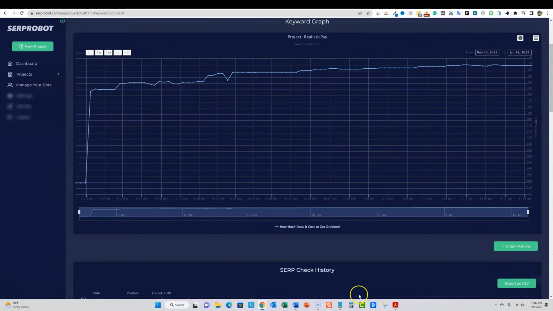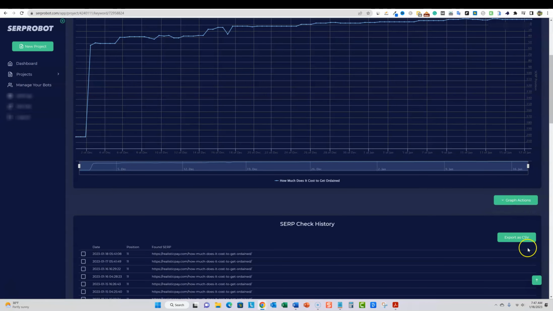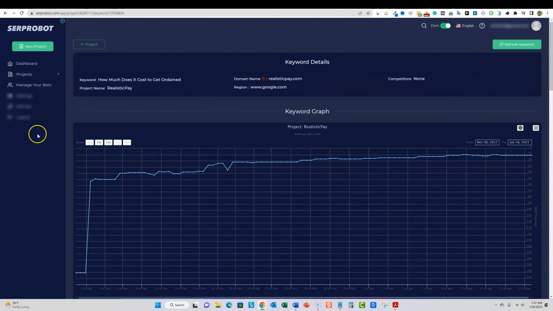And you can add notes. You can actually change the graph right here. You can export all your keywords to CSV. So it pretty much has it all. You're able to track your keywords. It's really easy. You can refresh the keyword right over here, or if I just go back over to my